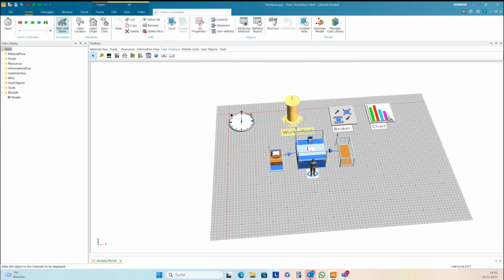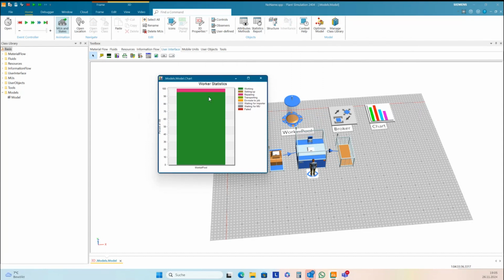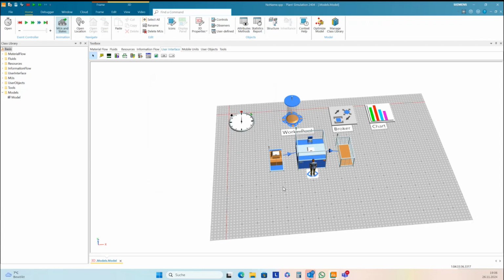I just drag the worker pool on a chart, and we see he has a big portion of working, and here he is repairing. The same worker can now do both of these services.